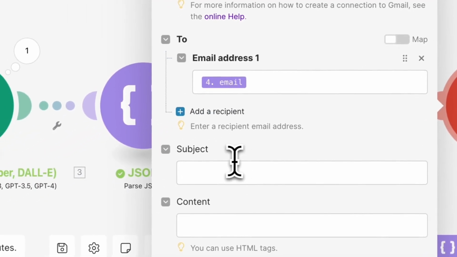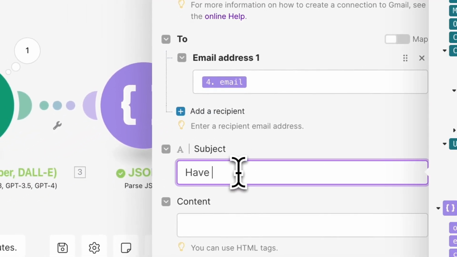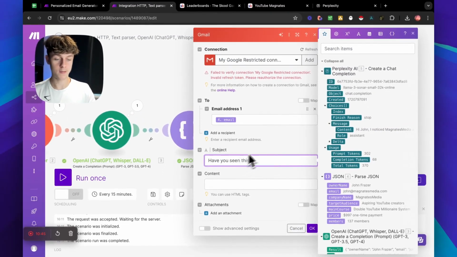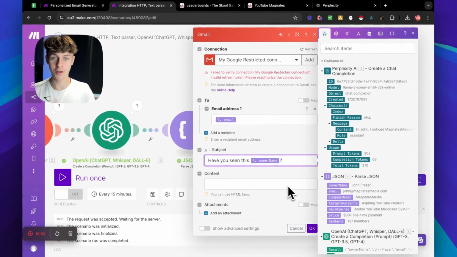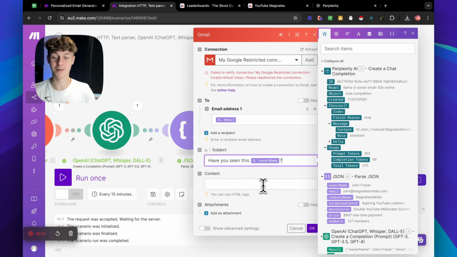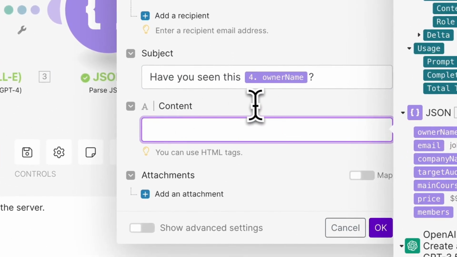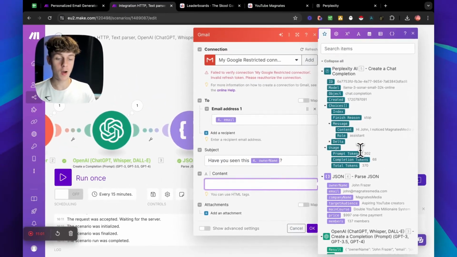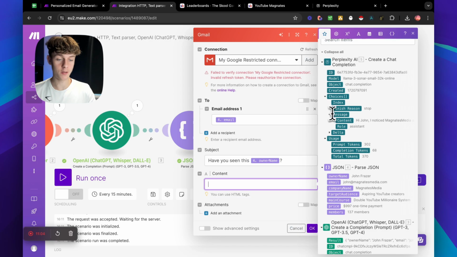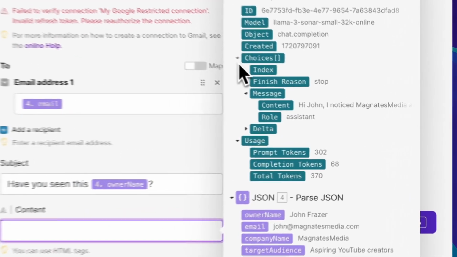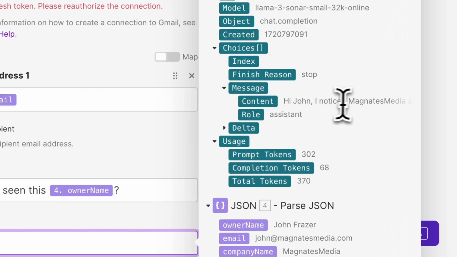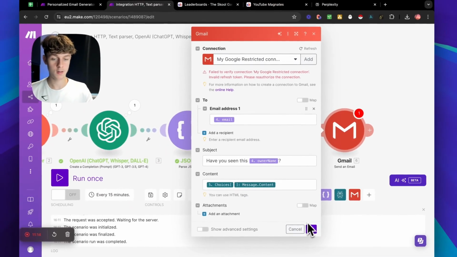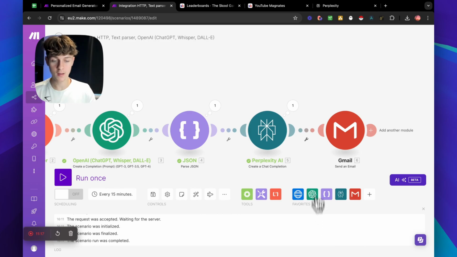That's the recipient. For the subject line, you can say something like, have you seen this? And then we can include their name. So have you seen this, John Fraser? So it's a great subject line. It's provoking curiosity. It's going to get them to click. I would click on an email if it said, have you seen this, Charlie? It's just how it is. And then for content, we are going to put the actual output that Perplexity has done. So if we go here and go to choices, choices, message, content, you can see, hi John, this is the email. So if we click on this and then we click on OK,